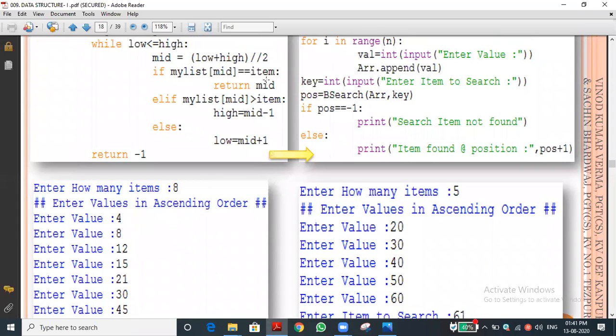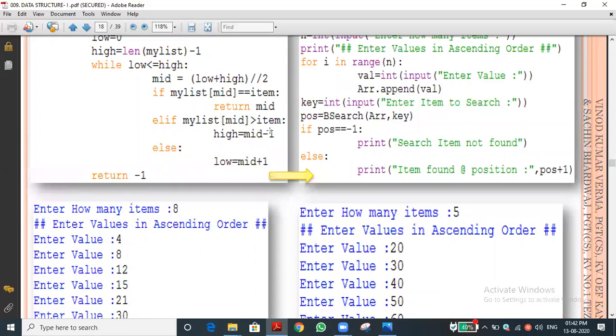Suppose it is equal to item, of course it is equal to item, then it will return the mid. What is mid? It will return 3. In this function, in our best case, the middle value is equal, so 3 will be stored in the POS variable.